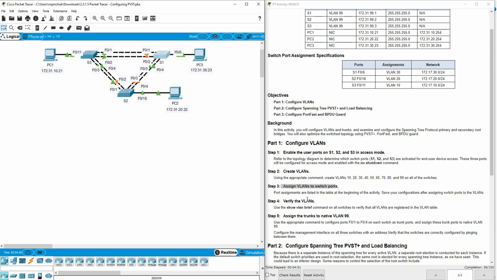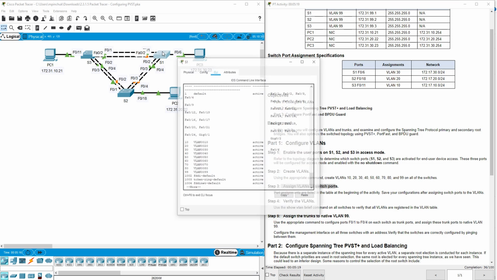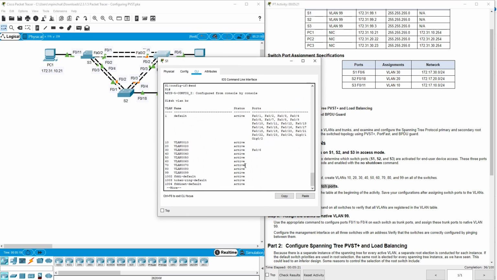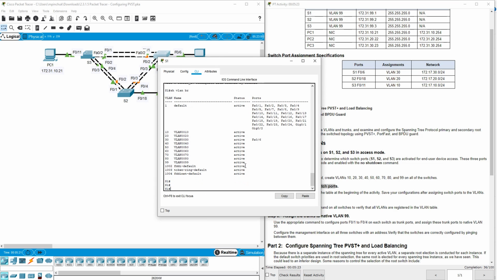Now what we need to do, we need to configure trunks on these interfaces on these three switches, interfaces 0/1, 0/2, 0/3, 0/4, and we also need to assign these trunk interfaces to native VLAN 99, and we also need to configure a management interface on every switch. Let's start from